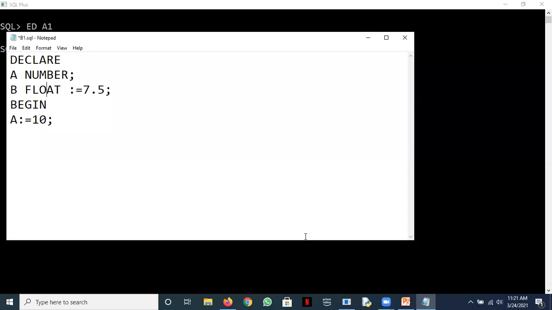Then I can write C := A + B. To print something, we have the package dbms_output.put_line, and I'll start by writing C here. Exception we discuss later; we have already discussed it in the class, but we'll discuss it again.